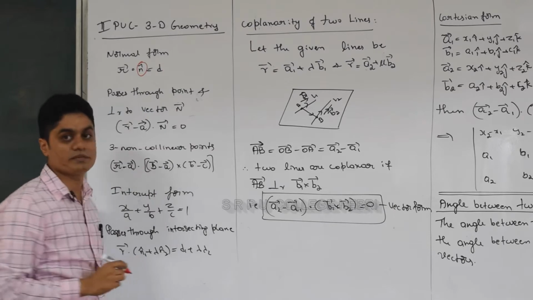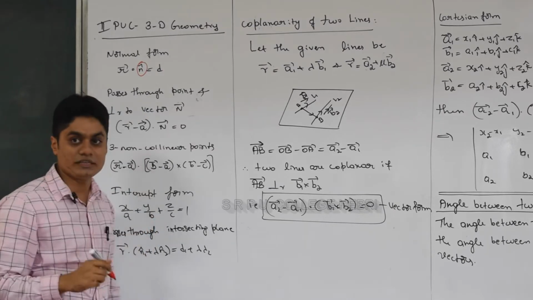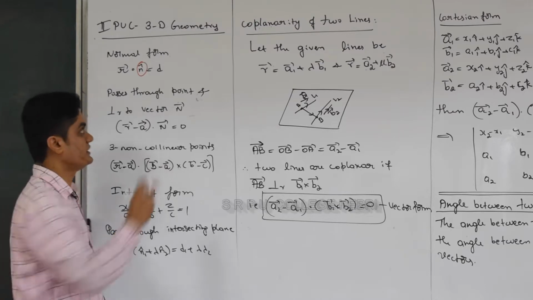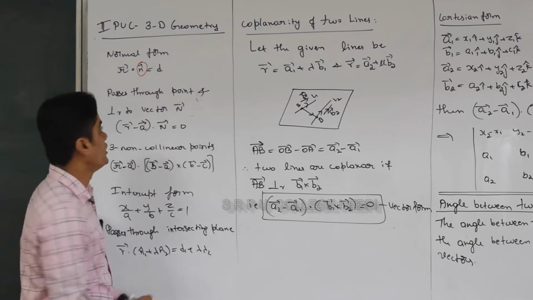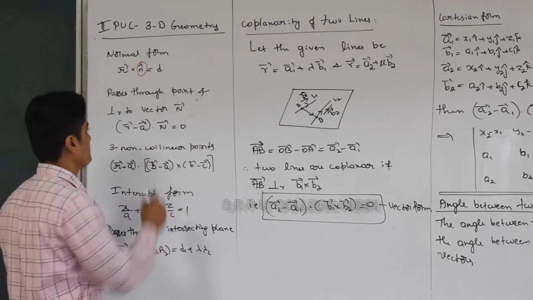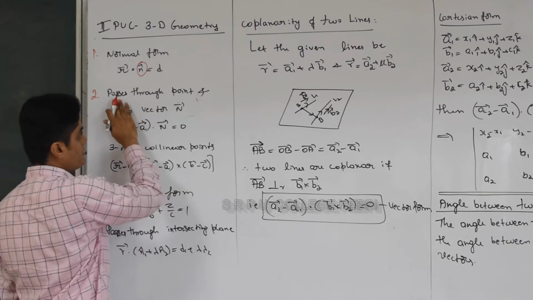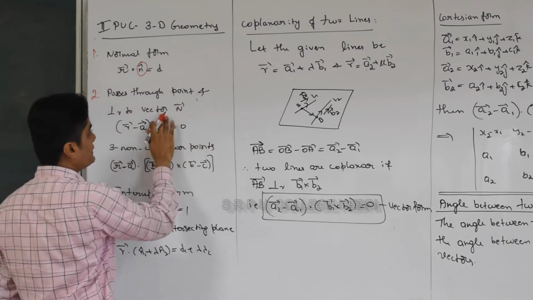What does n cap represent? It represents the unit normal. D represents the length of the perpendicular from the origin. So the next, second form we learned is the equation of the plane passing through a point and perpendicular